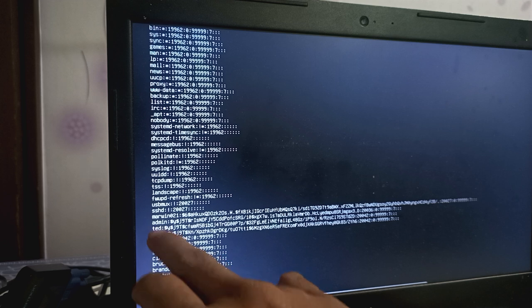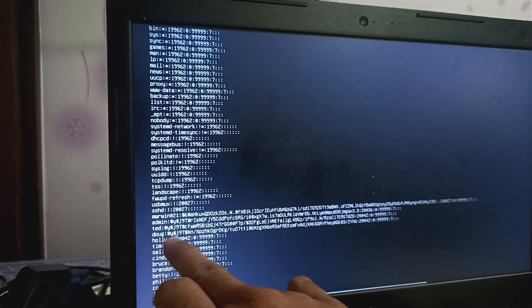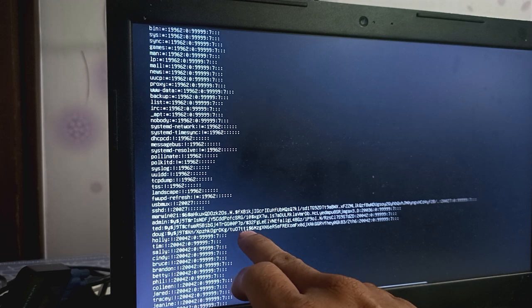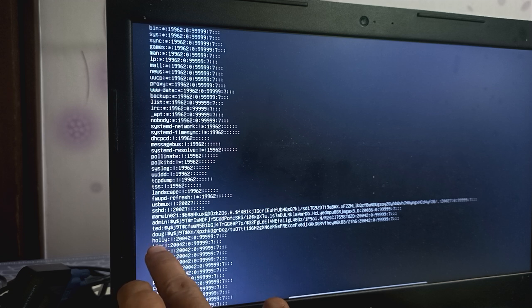Here are the passwords of Ted and Dope. As you can see here, from Holy downwards, there's no set password.